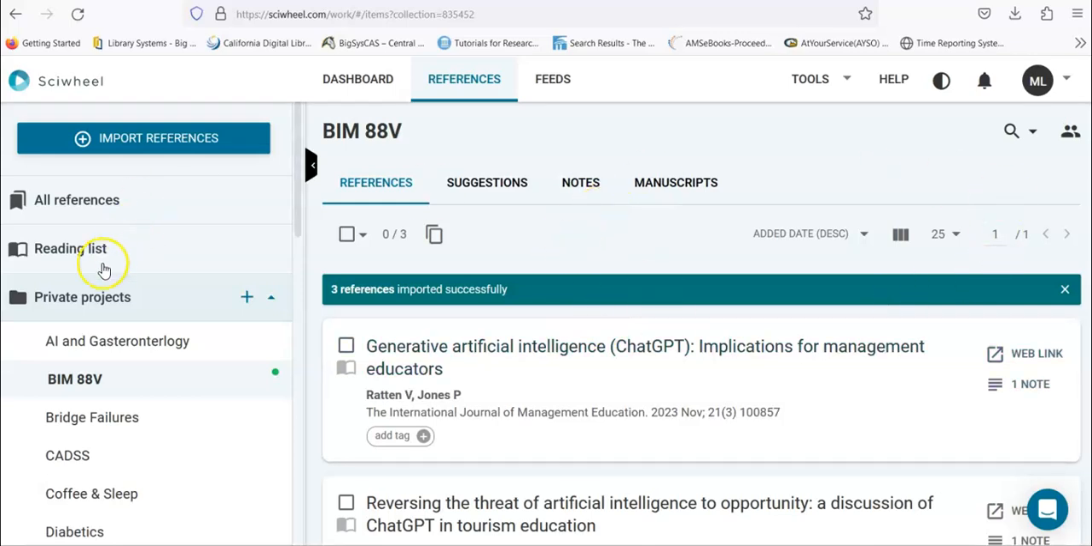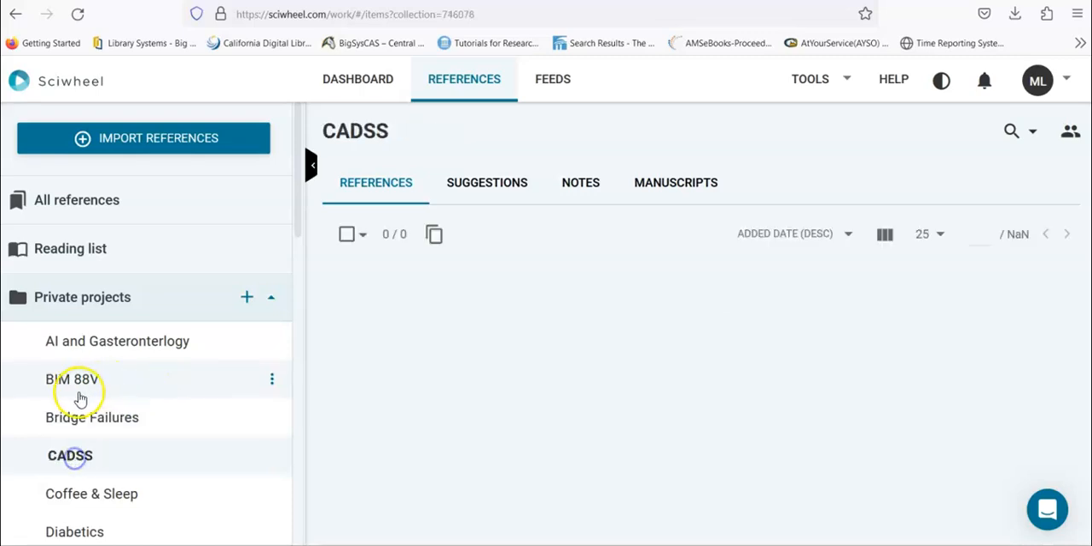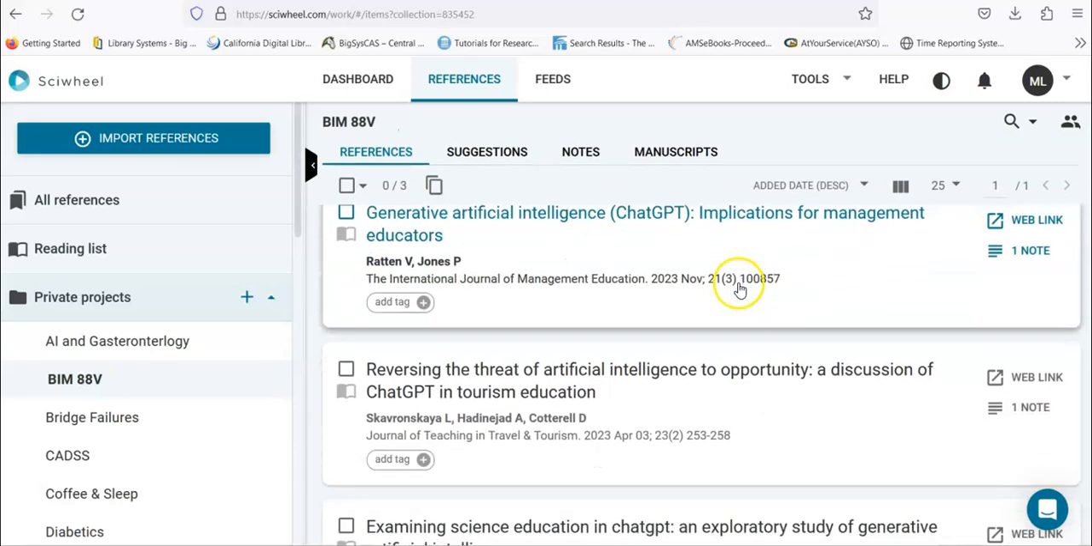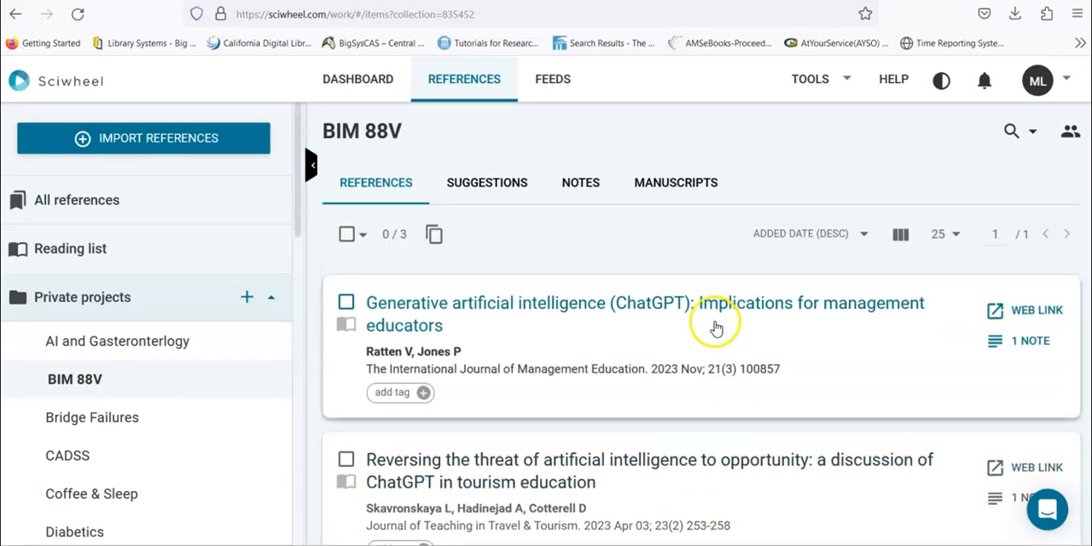Now, the reason why it came to BIM 88V is because I had that tab highlighted. If you have a specific folder or tab highlighted, and when you go through the import process, those articles will automatically import into that folder. So now, as you can see, I have 3 articles that I have imported from Web of Science. So next, let me show you how to